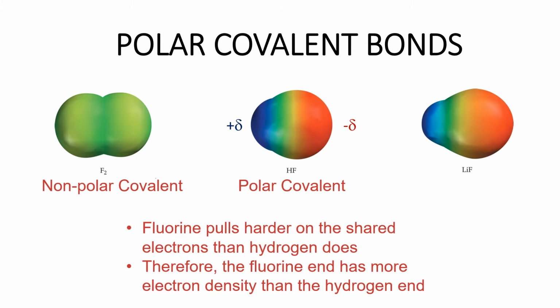This is lithium fluoride. It has negative and positive charges. That is not positive delta and negative delta, because the electron from lithium goes totally to fluorine to become negatively charged. That is why we call this ionic. However, polar covalent bonds show some ionic properties as well as covalent properties. If the electronegativity difference is very high, they can show some ionic properties. And if the electronegativity difference is very low, then it goes to covalent properties.